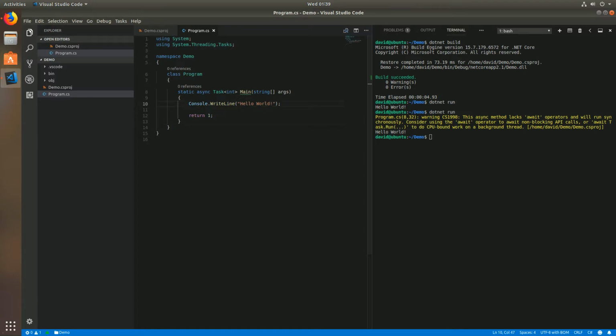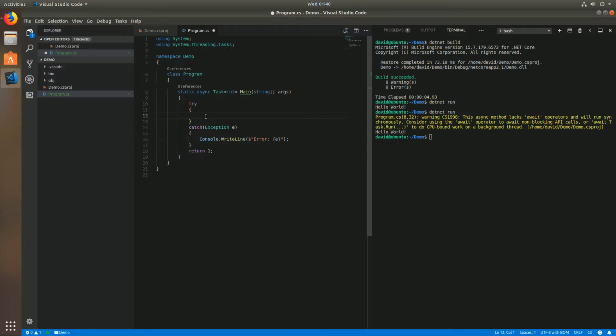Okay, so let's get rid of this hello world line, and we're just going to put in a simple try-catch block. We can then use C#'s string interpolation to print the full stack trace of that exception out, should we have a problem. Okay, so now let's do some asynchronous code in here using the